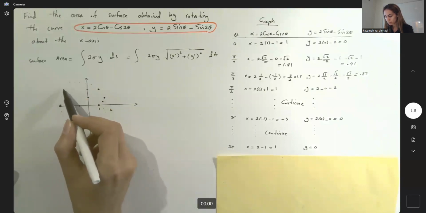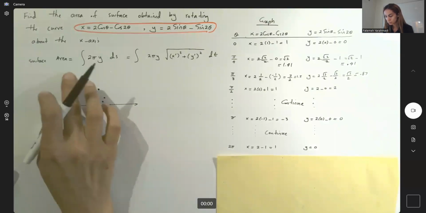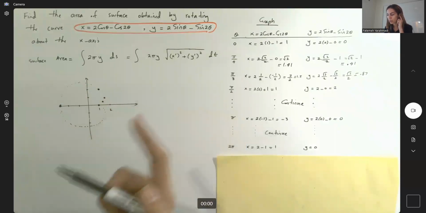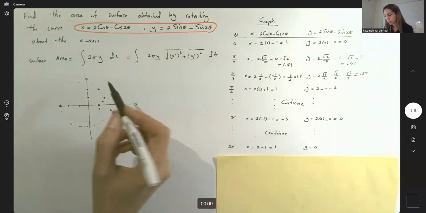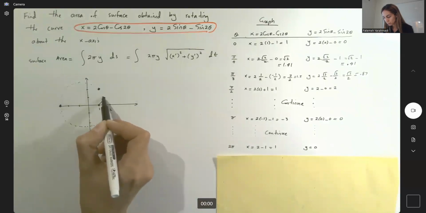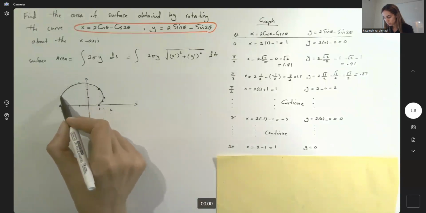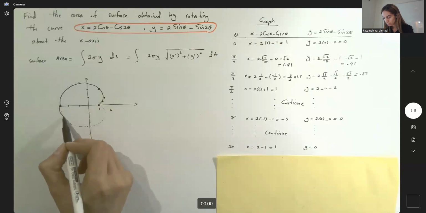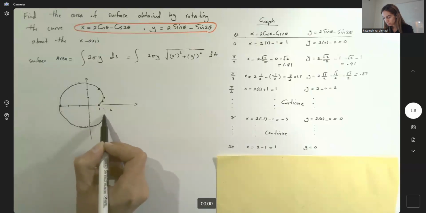Remember how we plugged in values for our theta and computed x and y. This shows the behavior of your object. So this is your curve, and